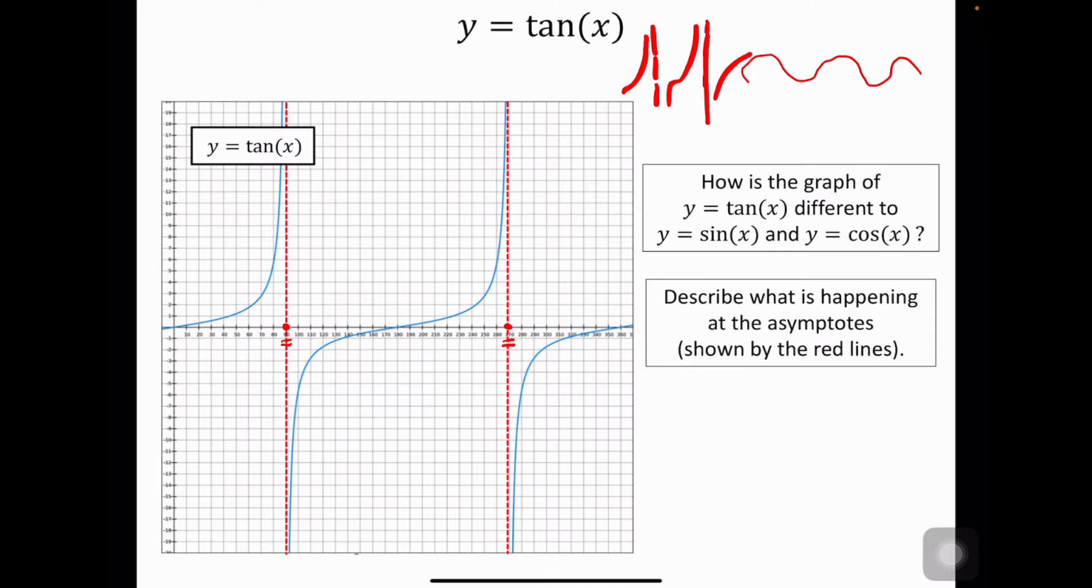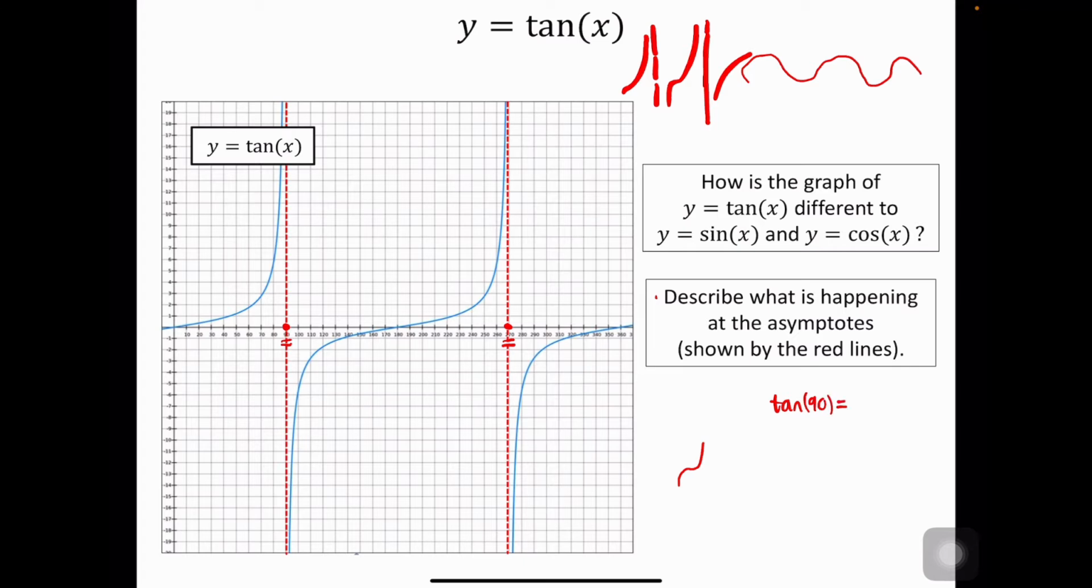So every 180 degrees there will be an asymptote, and we will see this type of curve repeating itself. It says here, what is happening at these asymptotes? Well, there are no values on that line, right? So if I were to type tan 90 into a calculator,